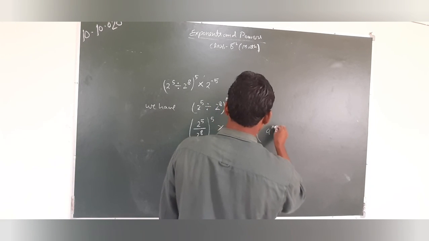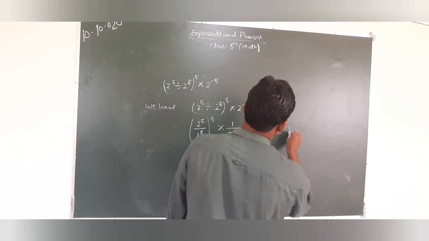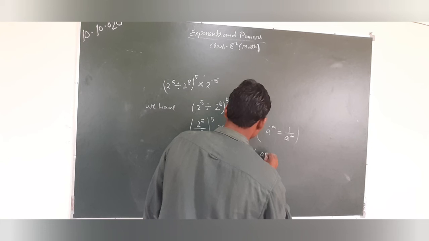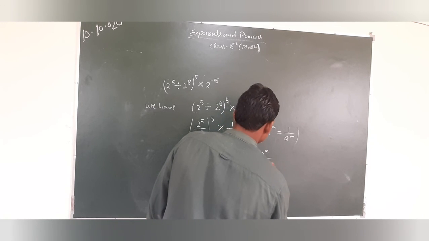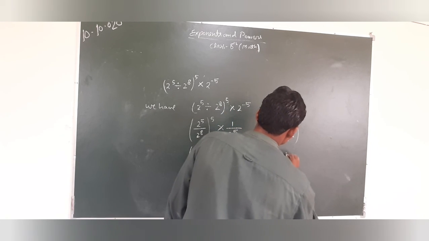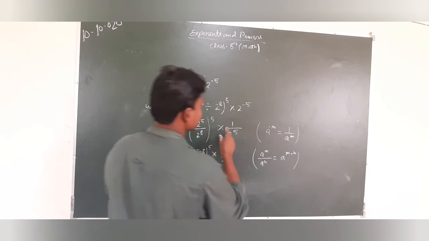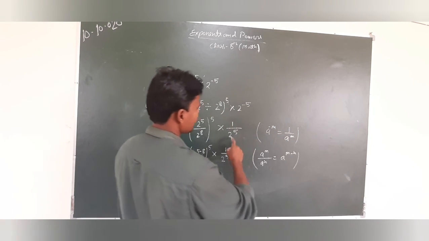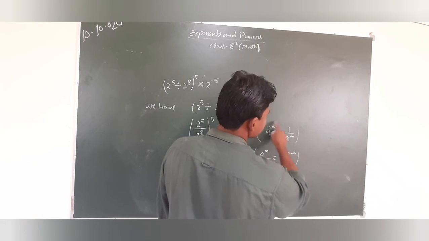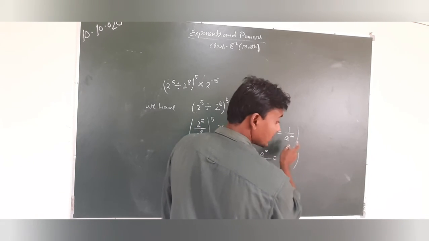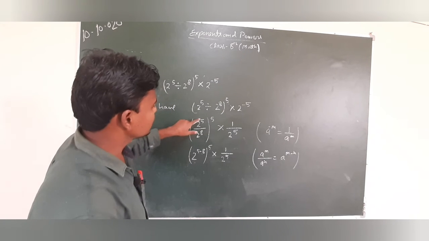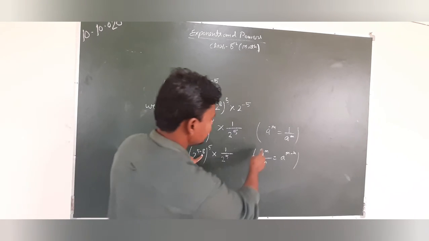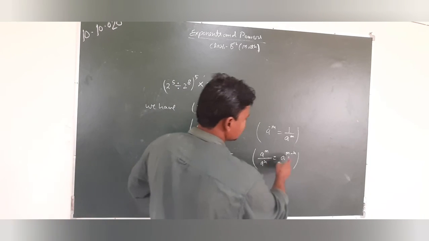A to the power minus m equal to 1 upon a to the power m, and a to the power m upon a to the power n equal to a to the power m minus n. We change this term into 1 upon 2 to the power 5, that means using exponent a to the power minus m equal to 1 upon a to the power m, and here we change 2 to the power 5 upon 2 to the power 8 equal to 2 to the power 5 minus 8, a to the power m upon a to the power n equal to a to the power m minus n,